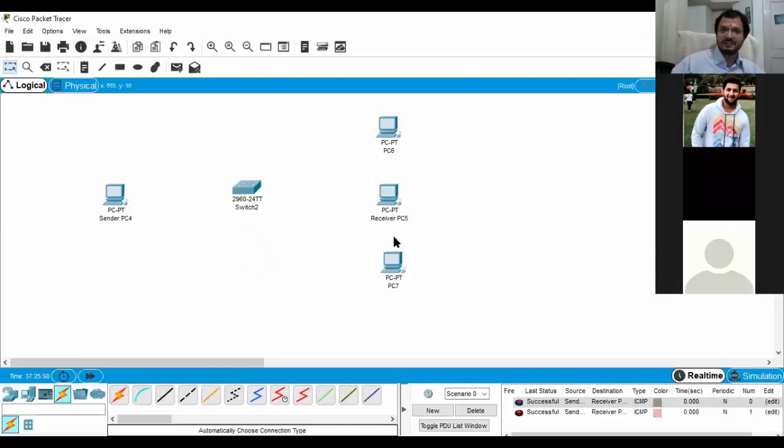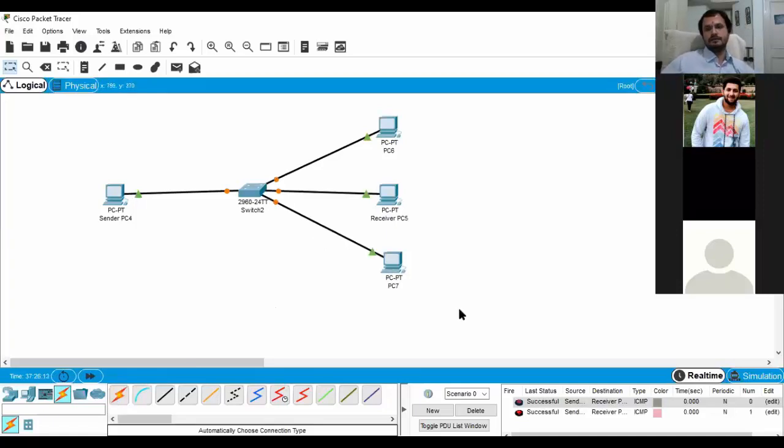To connect more than one device, we need a switch. So a switch is nothing but it is extending the ports for our devices, right? So now the PC4 is connected to the switch, and through the switch we can connect as many devices as the ports this switch holds.